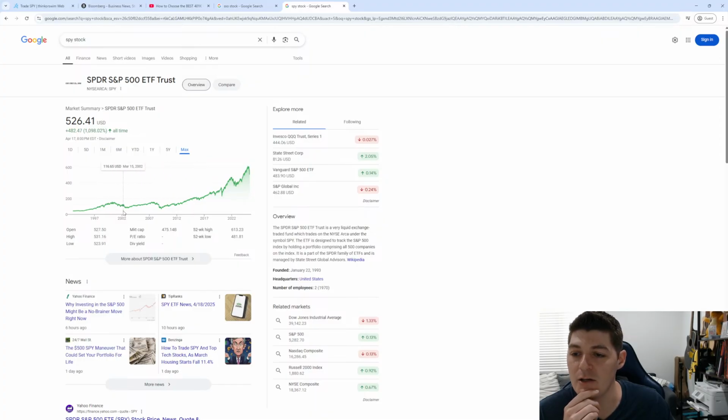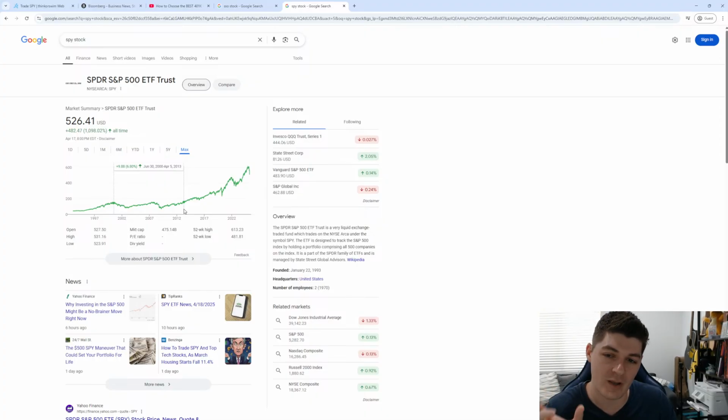However, there are 10-year periods where the stock market doesn't really do much at all. You can see from 2000 to 2007, from peak to peak, the stock market was flat. And if we go even further, if you had invested in the stock market around the peak of 2000, which was not an uncommon thing to do back then, everyone thought the market was going to keep going up, you can see that over this 13-year period, stocks went up about 7% in total. So my point here is that bonds aren't the only assets that don't have great returns over certain stretches of time, especially when you're picking a specific stretch like the last 10 years or the last 30 years.